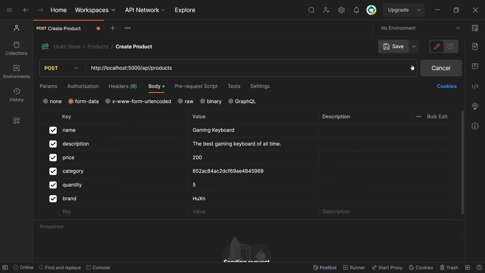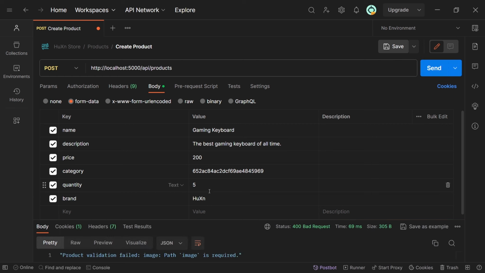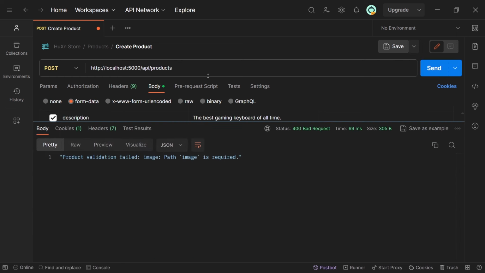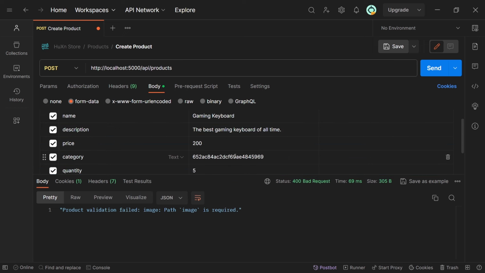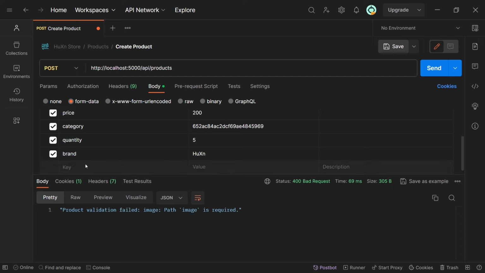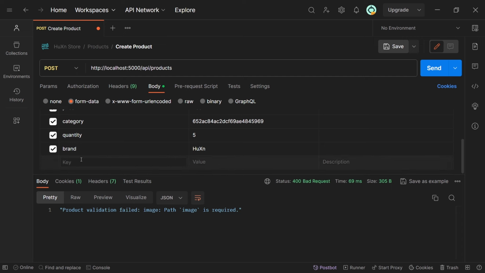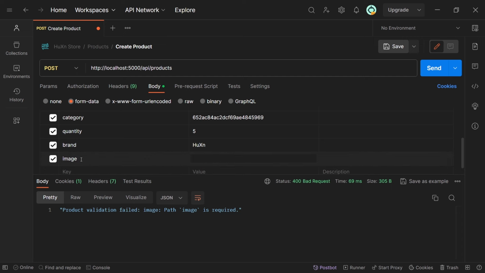So now let me just click on this send button, and what are we getting? We are getting an amazing error. What is required? Image is required. Yep, image is required in the model, so I'm going to just specify an arbitrary value. I'm making this up, so I'm going to write uploads, and also image.jpg or something like that, but later we will take care of the image,